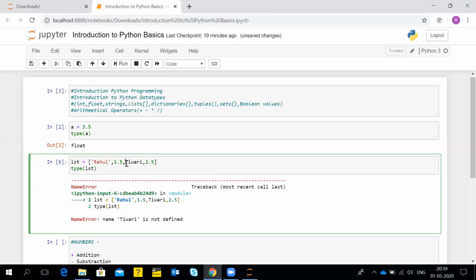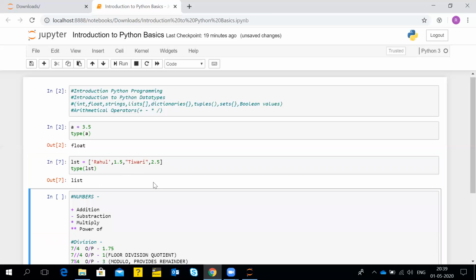So we should take care of the inverted commas. You can even use double inverted commas, that will not create an issue. And see, it is now showing the data type output as list. So list is generally represented by a square bracket, which I have used over here.